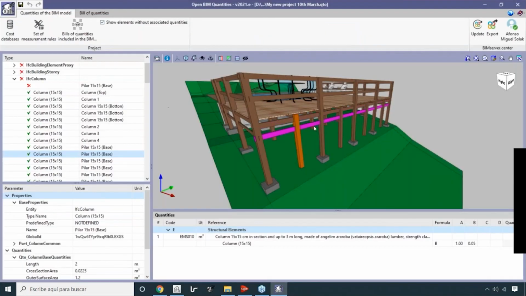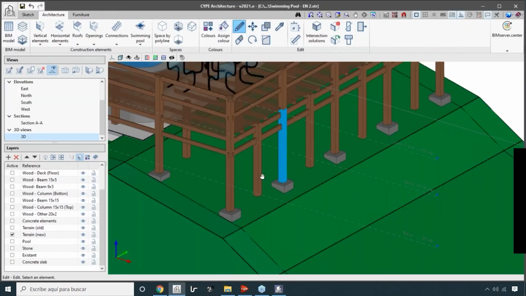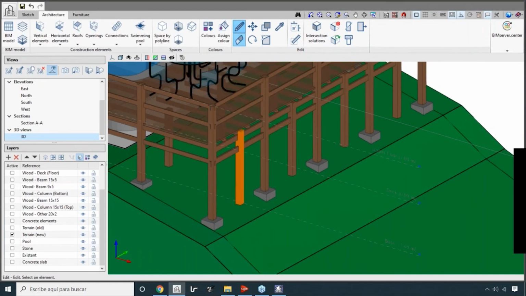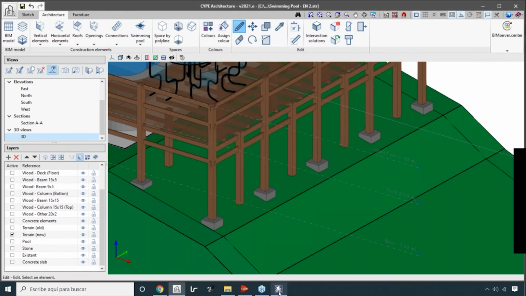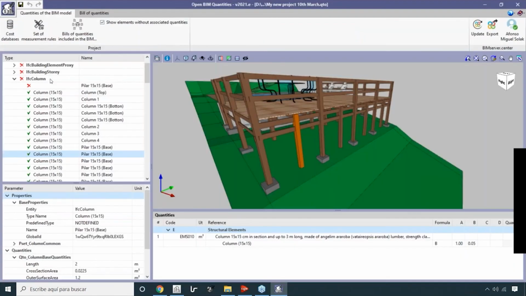It's already connected. That's very important because if we are organized and always use the same criteria to define the names, the labels, the references of our models in our 3D modeler, and also define the same set of measurement rules and use the same codes in our codes database,